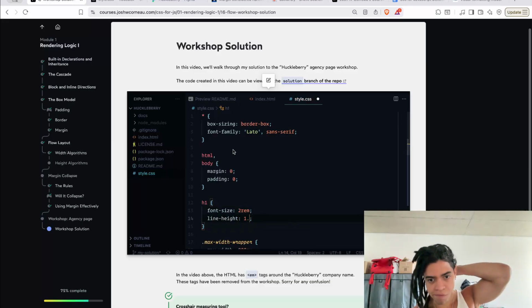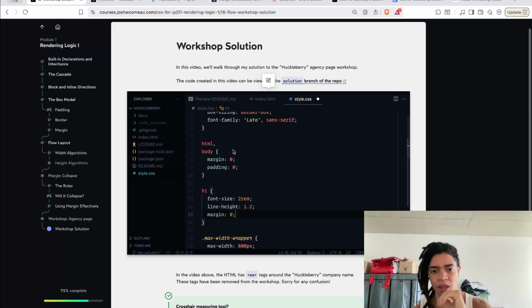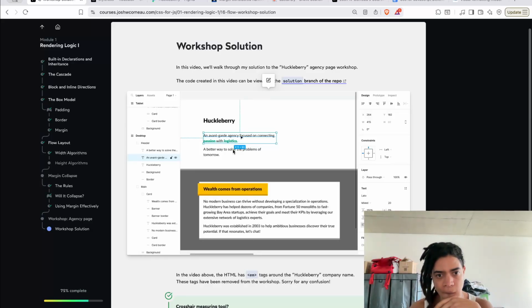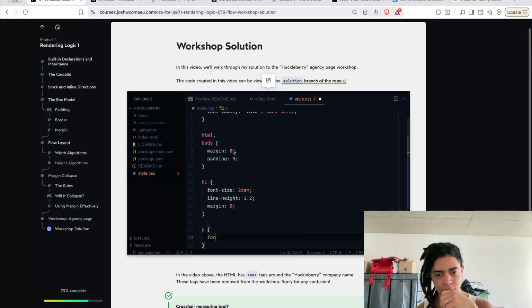I think you actually can make it 120% as well, but it's more conventional to use this unitless number with line height. I'm also going to remove all the margin. We'll figure out the margin, if necessary, shortly. For the paragraph, it looks like I want the font size to be 20 pixels and the line height to be 150%. So I'm going to add another style for paragraph with font size